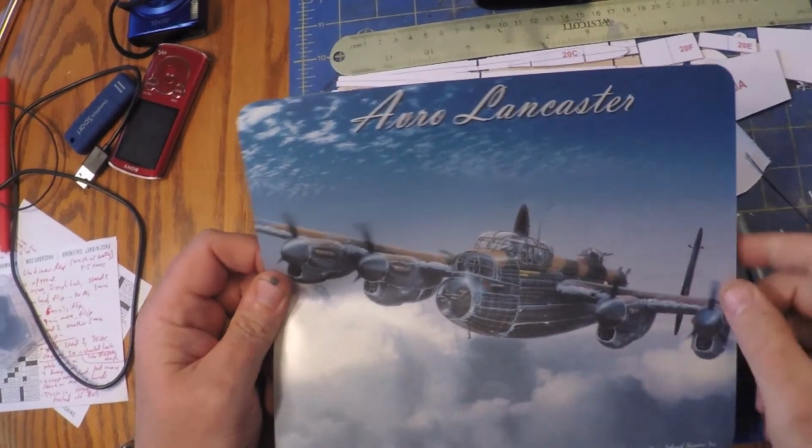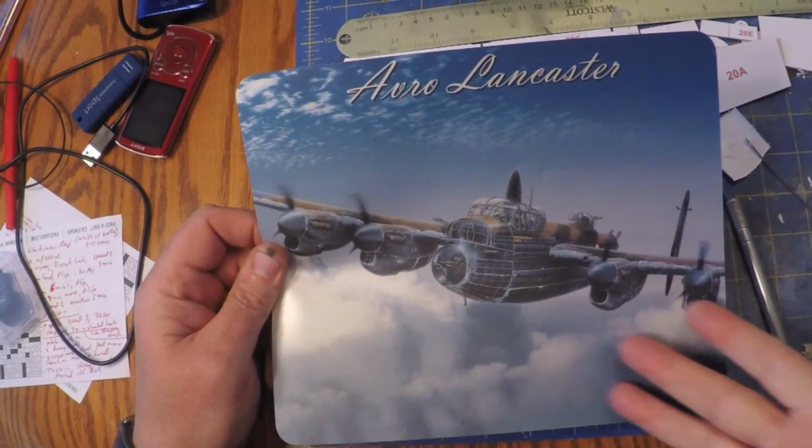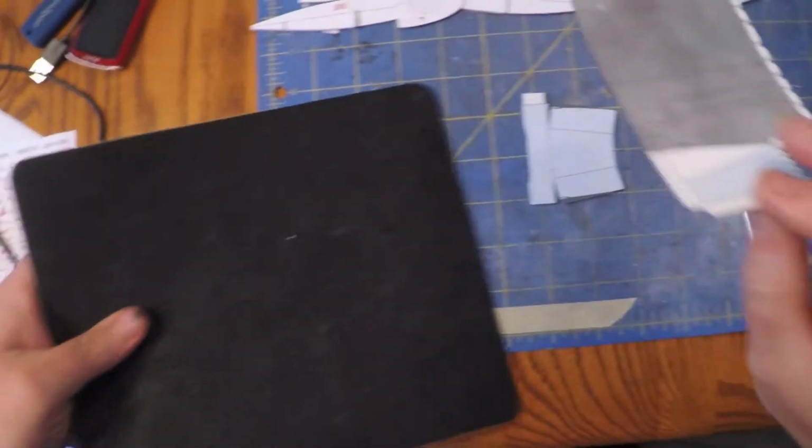This is just a lovely mouse pad. You never see the other side. Oh, it's a beautiful Lancaster, wonderful airplane. Anyway,